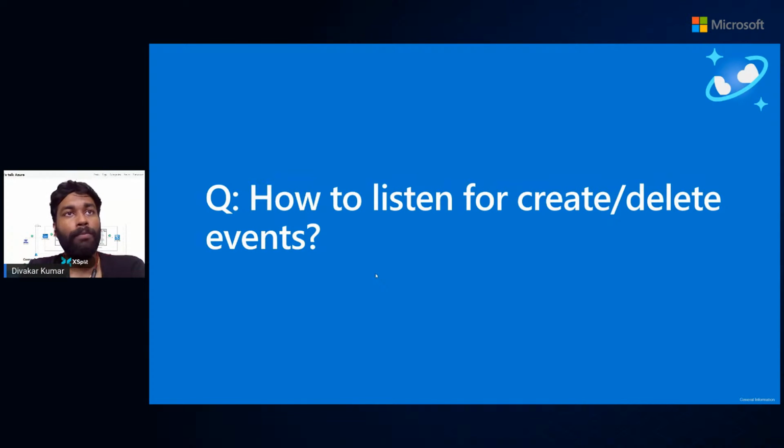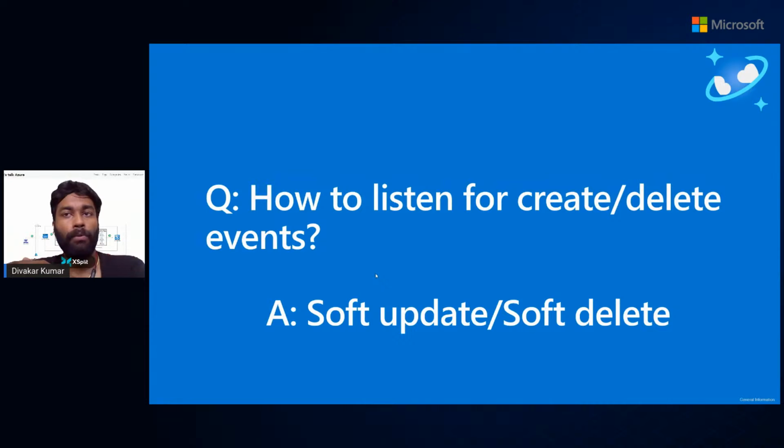One way of doing this is a soft update or soft delete. This way, you can have a flag within your document, like isUpdate, isCreate or isDelete. You can set it to either true or false, so that you are able to differentiate between a create and an update operation, and you can also make sure that it is a delete operation, and perform your business use case further on.